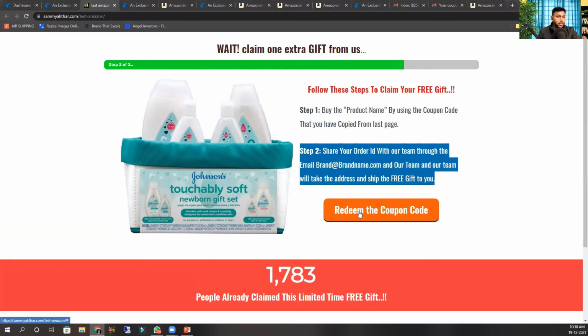Then once you click on redeem coupon code, the two-step URL is put on this button. With the US, what we are doing is using a brand referral URL here instead of a two-step URL. Brand referral URL just gives an extra 10% commission to the seller who is doing it if he's driving external traffic. And on the brand referral page, there is an option to submit the URL where you want. When customers click the brand referral URL, you can drive them to a separate URL in Amazon. For that URL we are using the two-step URL. So they just click and the page opens.